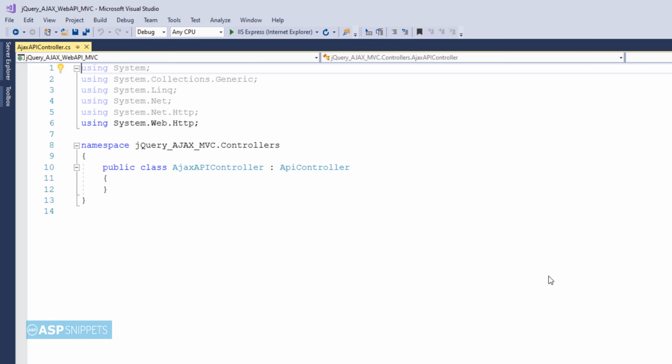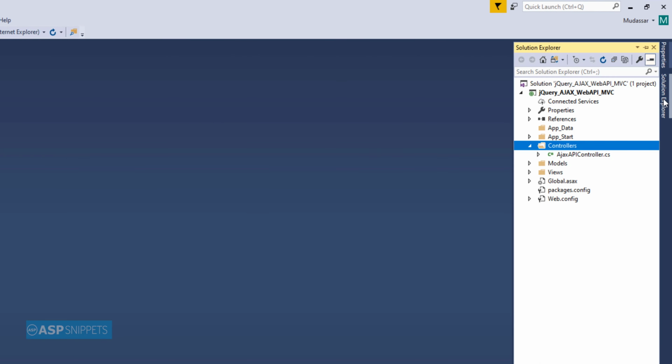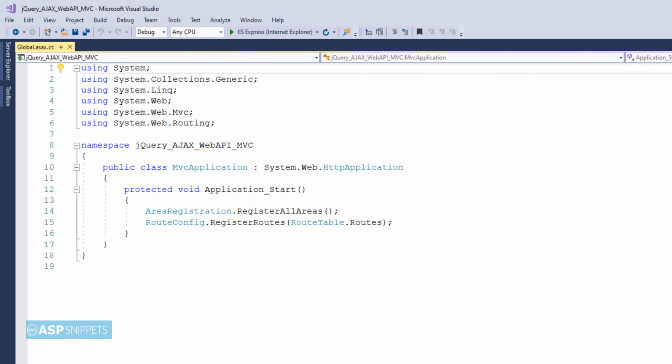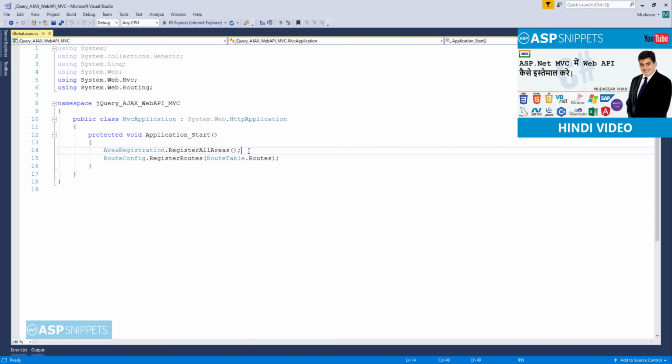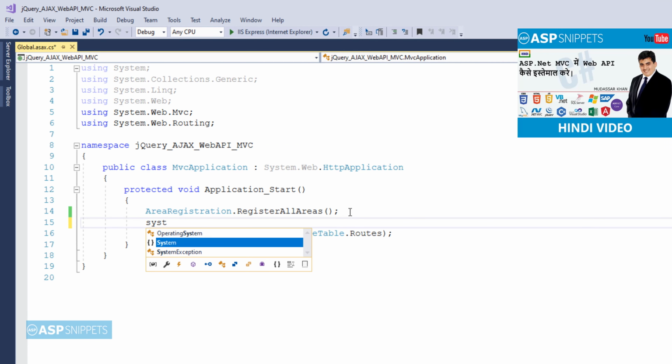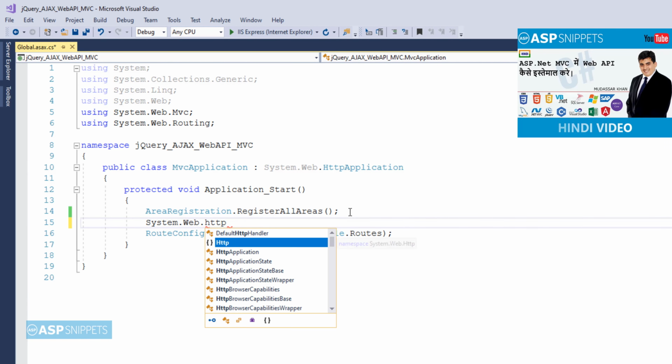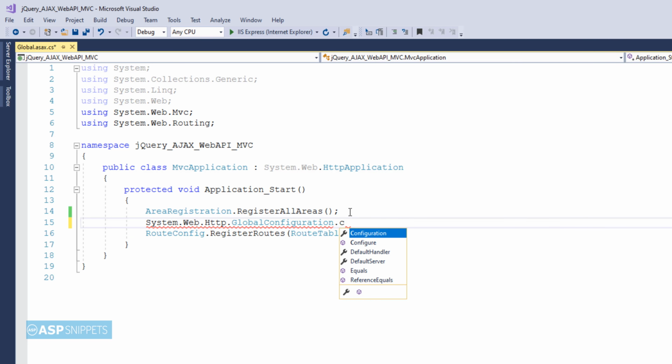Before proceeding with any code, we'll have to do some settings in the global.asax file for the web API controller. Here we will have to register the web API controller using the configure method.